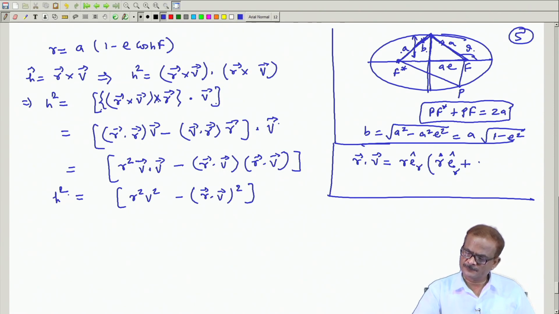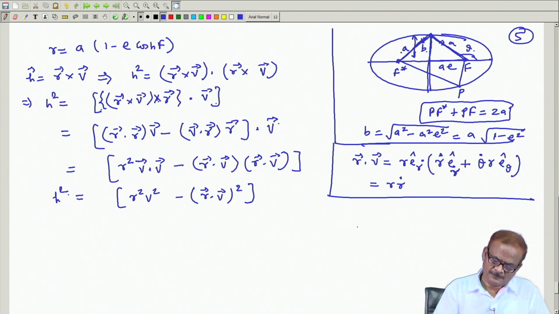The symbols have their usual meaning. This unit vector e r cap is the unit vector in the direction of the radius vector, and e theta cap is perpendicular to that e r cap. So, this gets reduced to, and there is a dot product here. So, this is r times r dot. Therefore, this equation gets reduced to